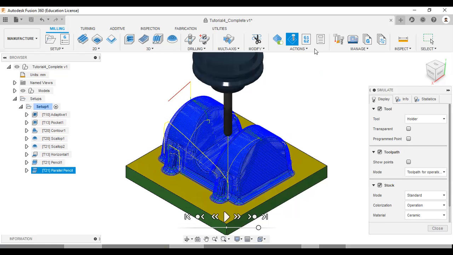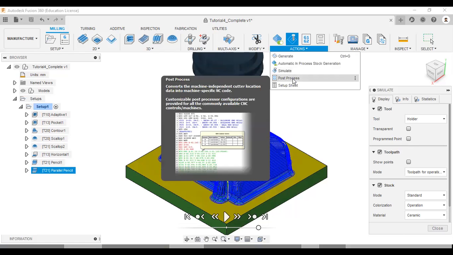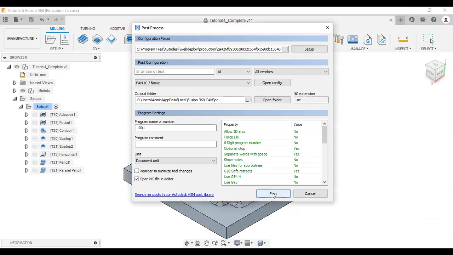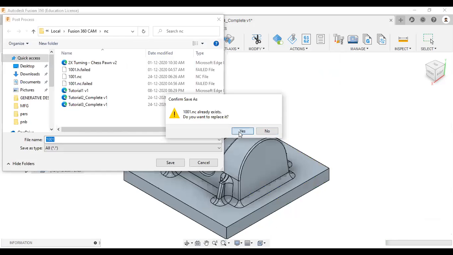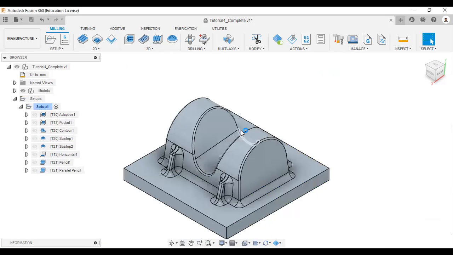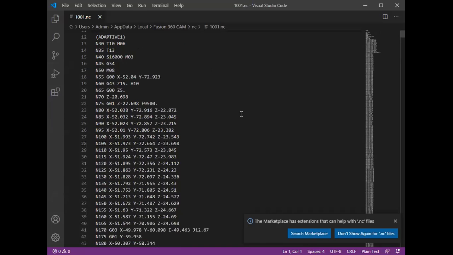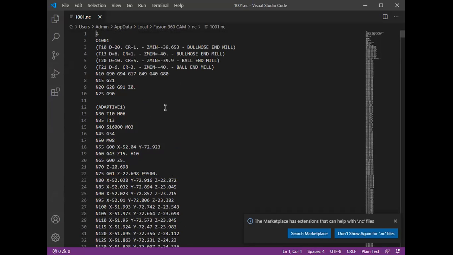Okay, so then go to post process, Fanuc, save. So you will get the code. Okay, you can take this code and